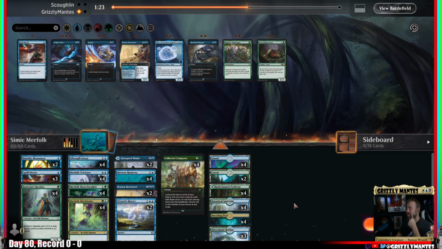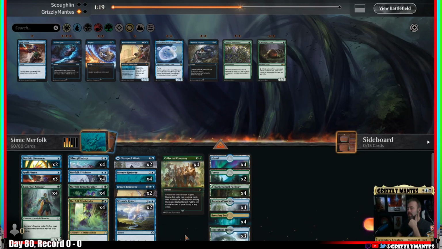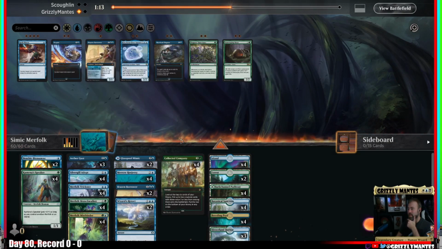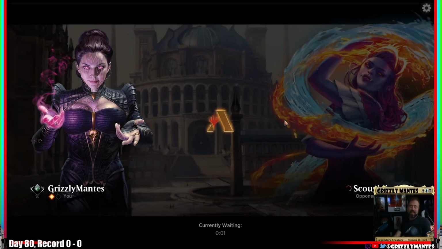It's a tough one. I think we could just run it back as is, honestly. But I think I'm going to trade out Spell Pierce for Ether Gust and just run it like that. And if we need to make further changes, we will. We at least know